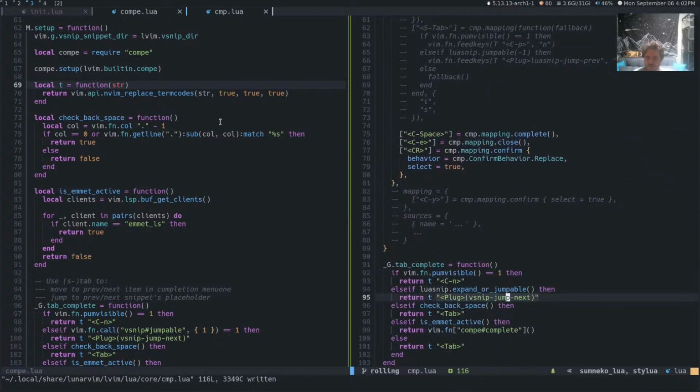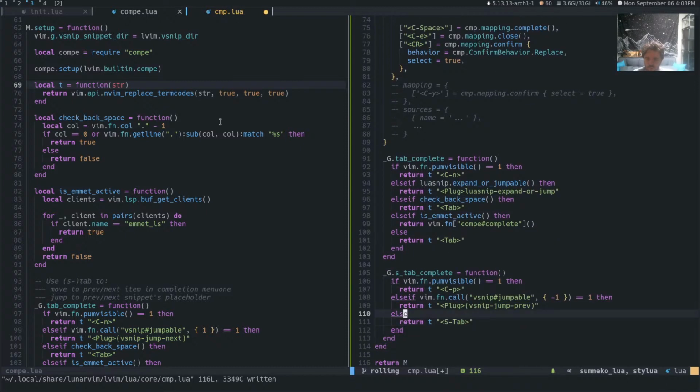I remember this used to be expand or jump, and then I just made it just jump. And it actually worked better. But we'll try that for now. And then check backspace and then return T tab and then is emit active. I don't care about that.